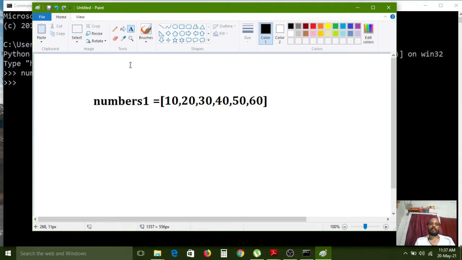Again I am creating one more list, but that list contains these values only.